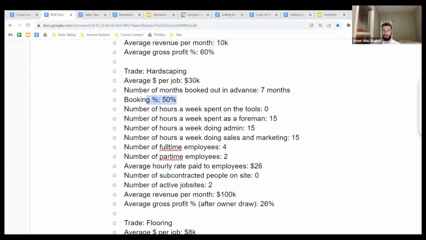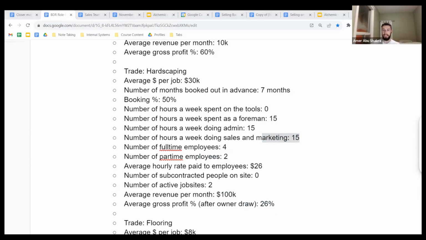What I would probably do is help him hire an admin so he spends more time as a foreman, get these guys to be more efficient, systemize the thing, then increase prices, and then bring on a sales rep and scale. Exactly. This guy's potential production issues. Yeah, nice. Pretty cool, right? There's different ways to approach it, but this is how my brain works. And it's not by accident. It's because I always would look at my own business and I would get outside opinion and I would think about it. So the constraint for this person here that we're looking at, the hardscaper, it's going to be getting his labor percentage down, because he has all these employees.